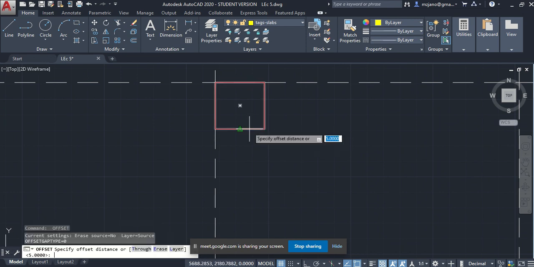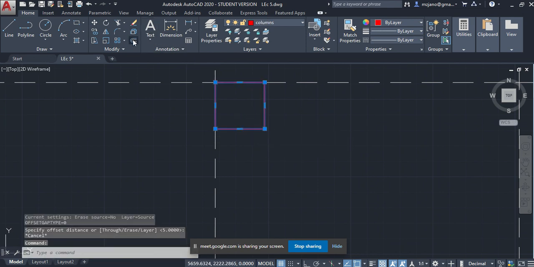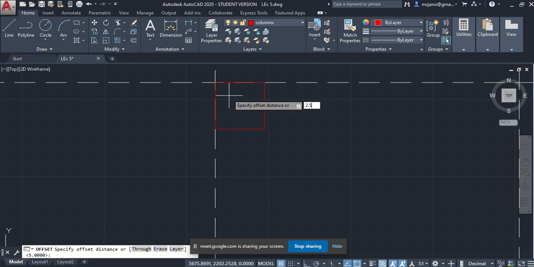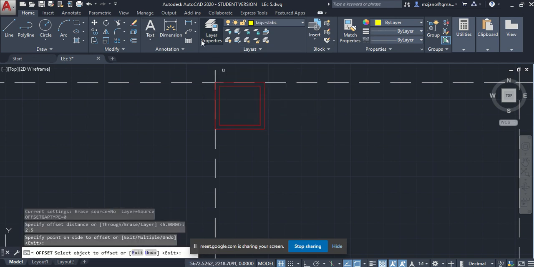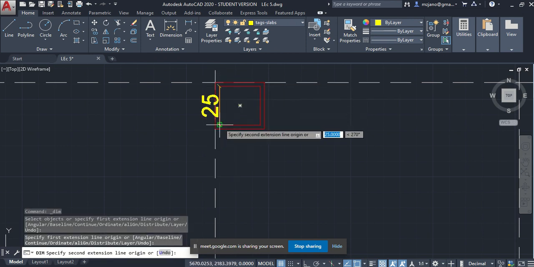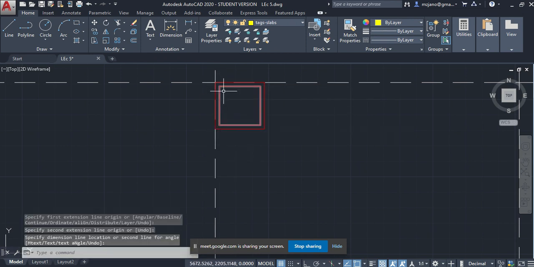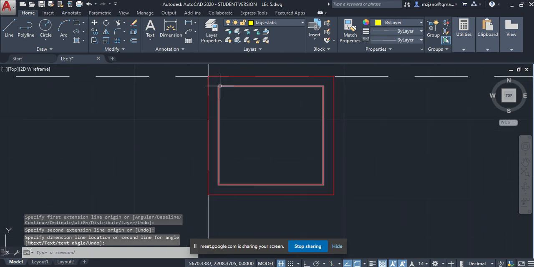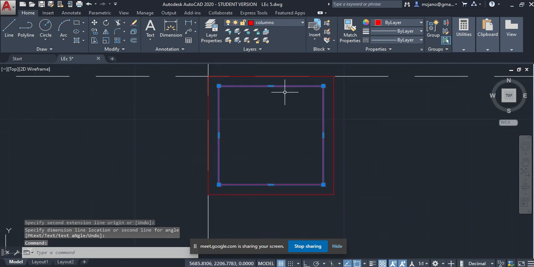Offset, select offset 2.5. Now it should be 25. But the problem here is that you should also move from here to here. So